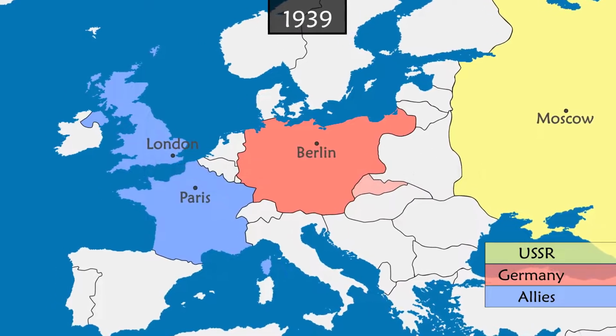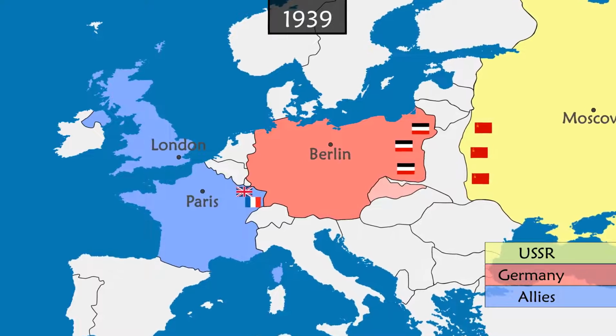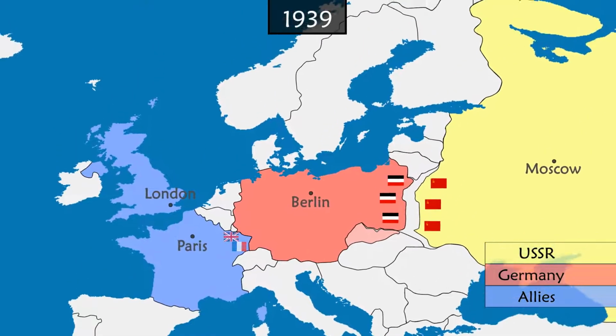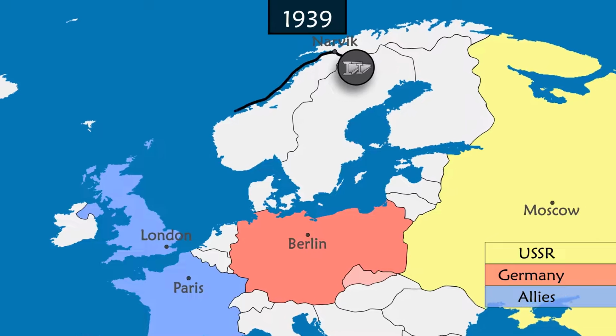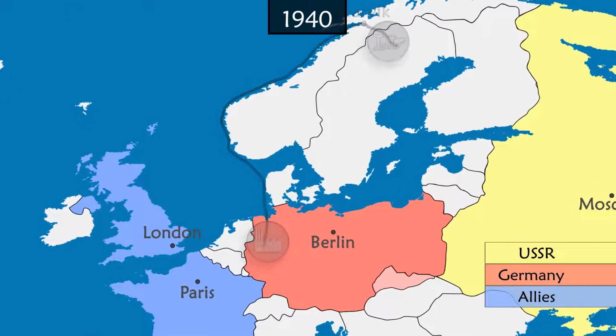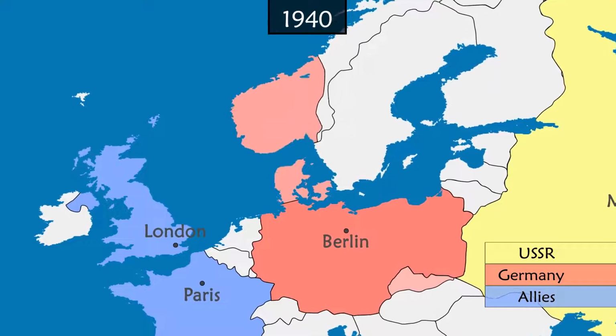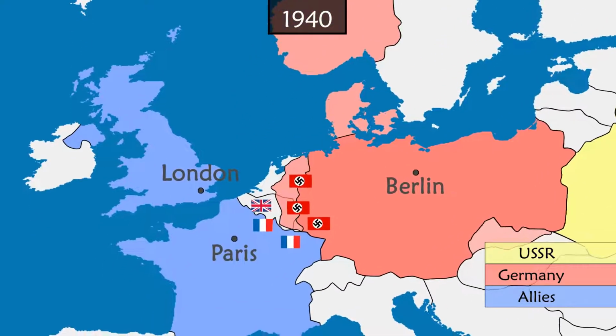Although the German forces are concentrated in the east, the Allied troops do not take initiative in the west. Instead, France and the United Kingdom try to cut the strategic iron ore route that passes through Norway and supplies the German military industry. Germany reacts by invading Denmark and Norway. Within days, the country captures Luxembourg, the Netherlands and Belgium.